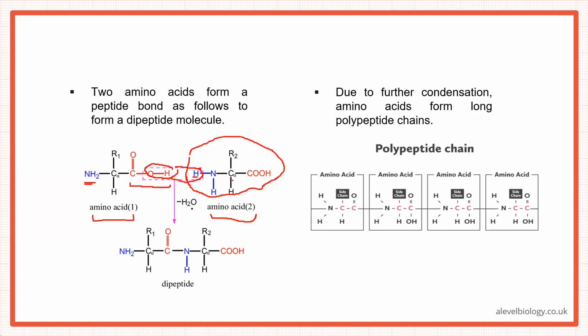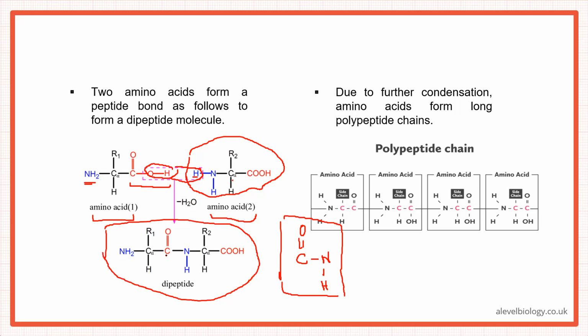So one water molecule is lost, and the peptide bond that is made is something like this: you have C double bond O, which was there from this amino acid, and from this part H is removed. So carbon makes a bond with nitrogen, and the nitrogen already had a hydrogen attached to it. This whole thing is actually the peptide bond that is made there. You can look here also, they have shown you the product. These functional groups were the ones involved in the reaction. So this whole thing together is the peptide bond. They are calling it a dipeptide because two amino acids are involved there.